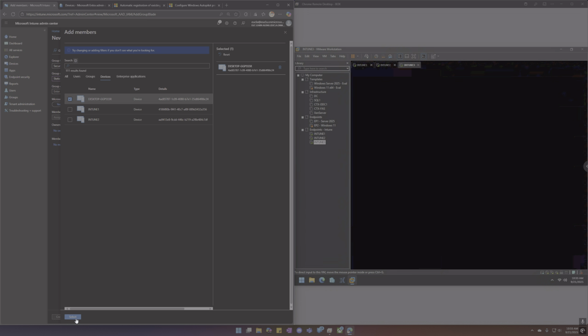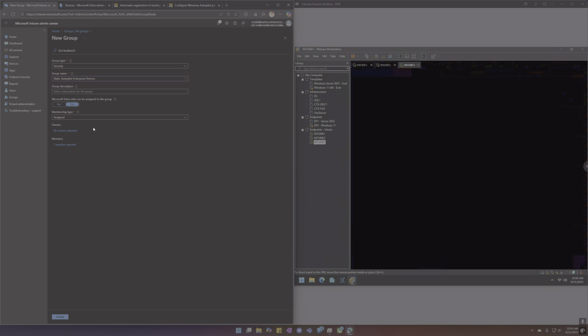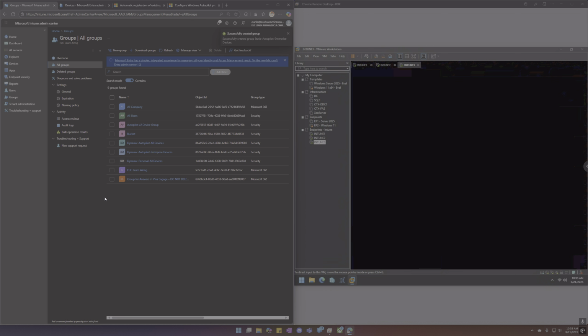Yeah, that's it. Refresh. Static. Cool. So we got a static group that we'll be assigning devices to,